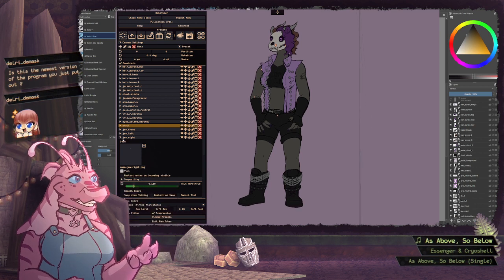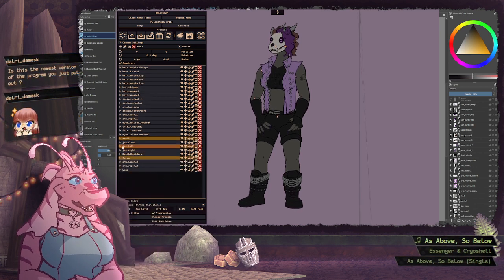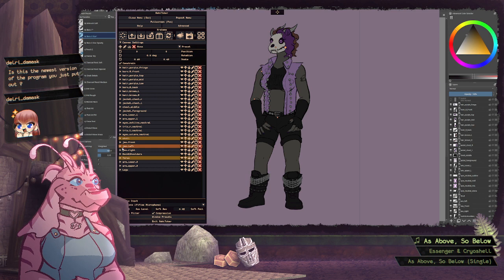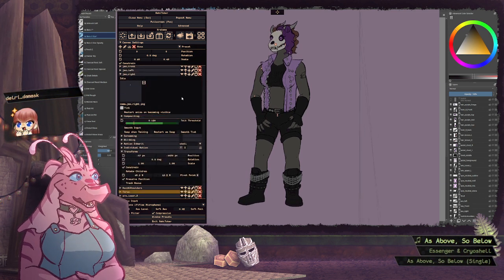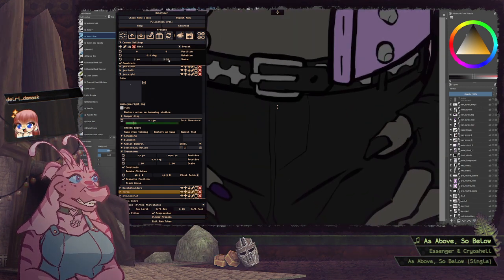Actually going to tint this one because I should have shaded it darker. So what does that look like if I zoom this in?